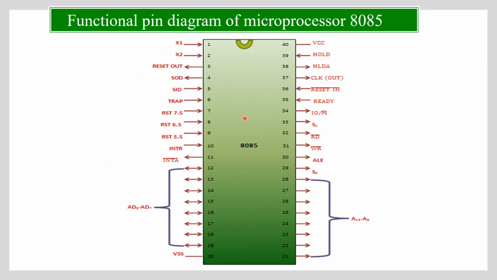In the exam, the question comes: draw the functional pin diagram of microprocessor 8085, just to draw, 4 marks, proper labeling and proper pin numbers. So trust me, it is difficult to learn these 40 pins as it is. Today, I am going to tell you how to learn all these 40 pins within a minute. And trust me, you are not going to mug up anything. This small story will help you remember all the pins with the labels within a minute.